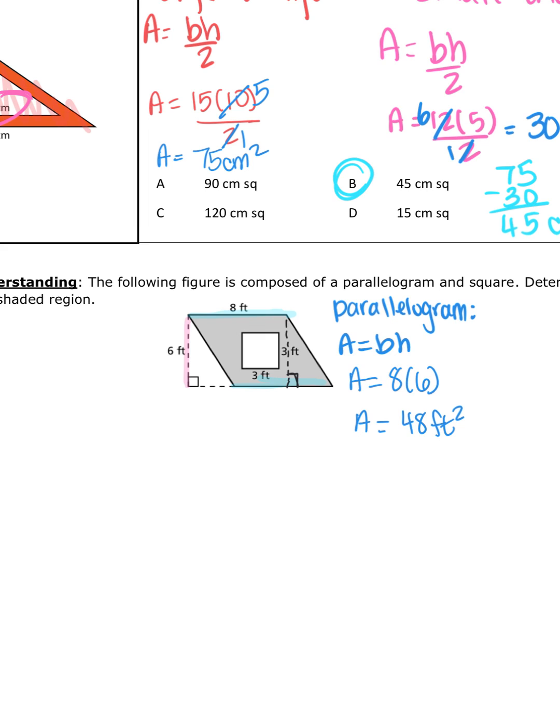So there's your answer. No, that's not your answer. That is just the parallelogram, but it's taking the square out. So the square, your area is base times height. Your base is 3 and your height is 3. So that would be 3 times 3, which is 9 square feet. So I'm going to go ahead and subtract those. So I'll do 48 minus 9. And you should get 39 square